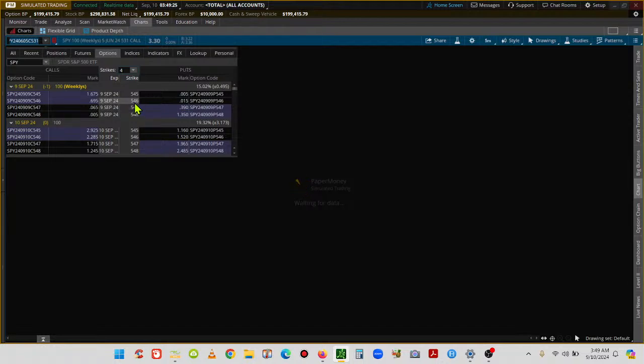Okay, it's in between here. I'm not sure exactly. And the ones that are in the money, okay, so for a short, 547 was in the money. And for a long, 546 was in the money. So in other words, if you chose a 546 long, okay, on this side